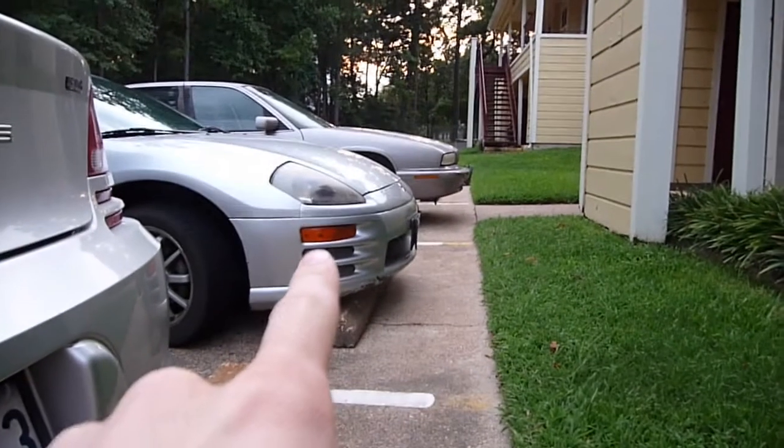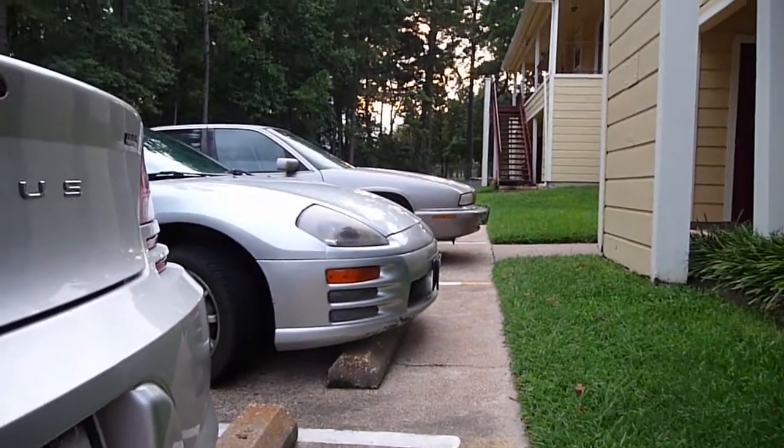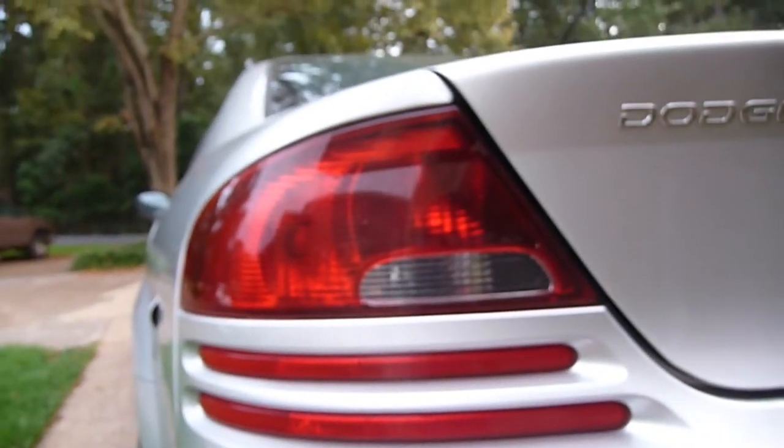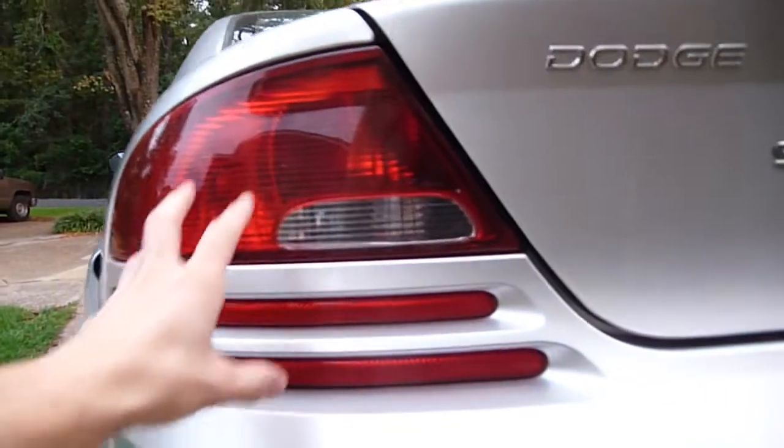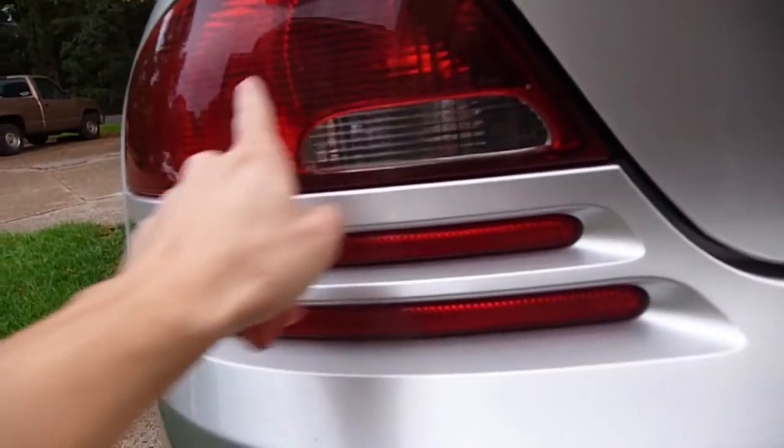Indicators, if you can see over there, are a little orange. That's an indicator. It's also a reflector. They're yellow, amber kind of thing. Now in America, it's a little weird. It's probably like 60-40 or 70-30, with the 70 being yellow, amber, or orange if you want to call it, colored indicators, and the 30% or whatever being red. So I believe this car might have red indicators. There's a brake light here, and the indicators here,